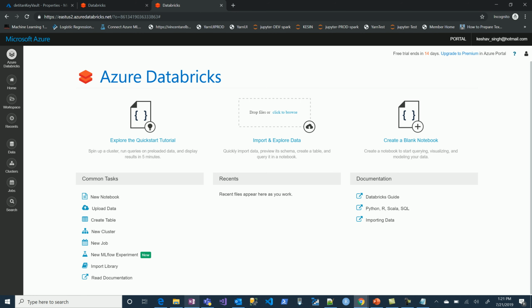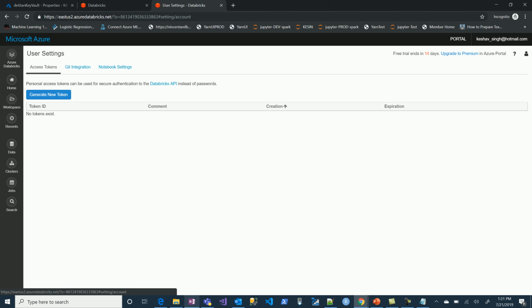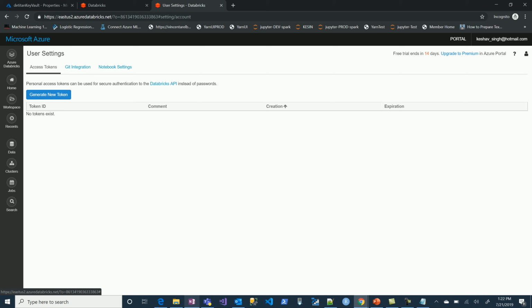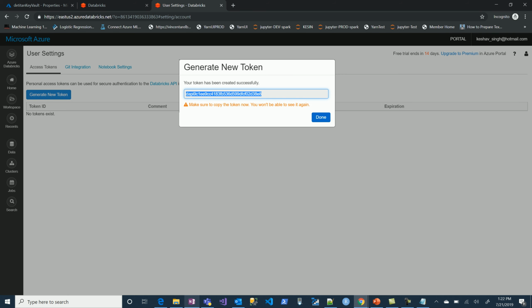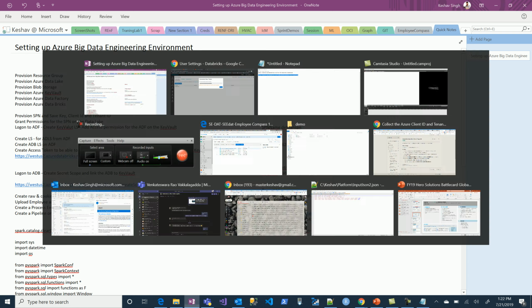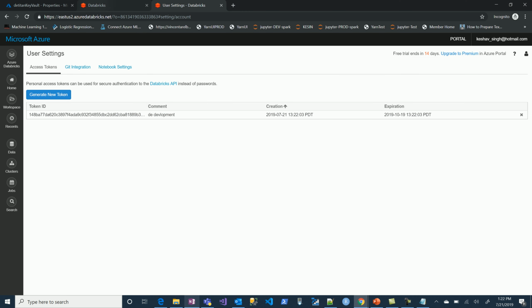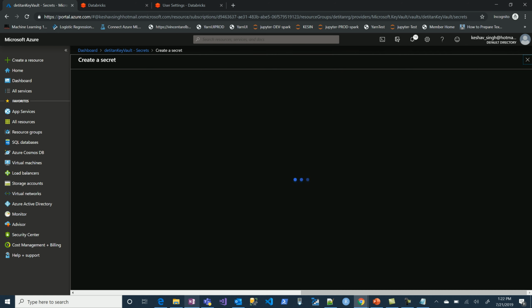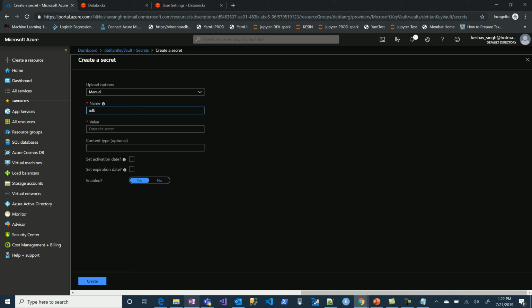Now let's also create a token. So I go to the settings, I say generate token. This is for data engineering development. Let's call this and generate this for 90 days and then copy this and then save the token. This is a really important one. So perfect, that's done. Now once this is done, now start configuring the secrets onto our, let's call it ADB